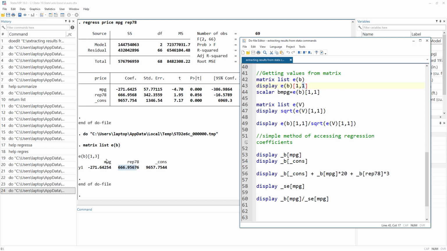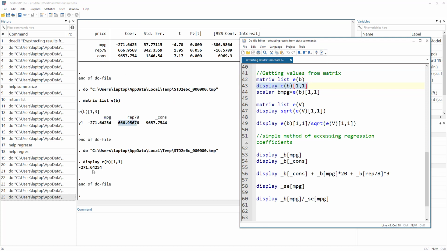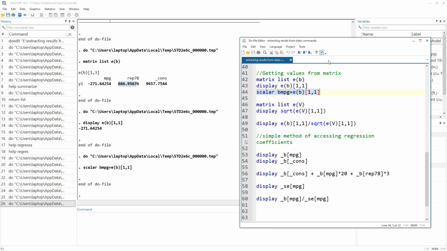I know it is in the first row and the first column, so that would be 1,1. I would display this and we get -271. If I wanted to store that value into a scalar, then I would use scalar, the name of the scalar, and again reference that specific row and column of the matrix, and it would be stored. Similarly,